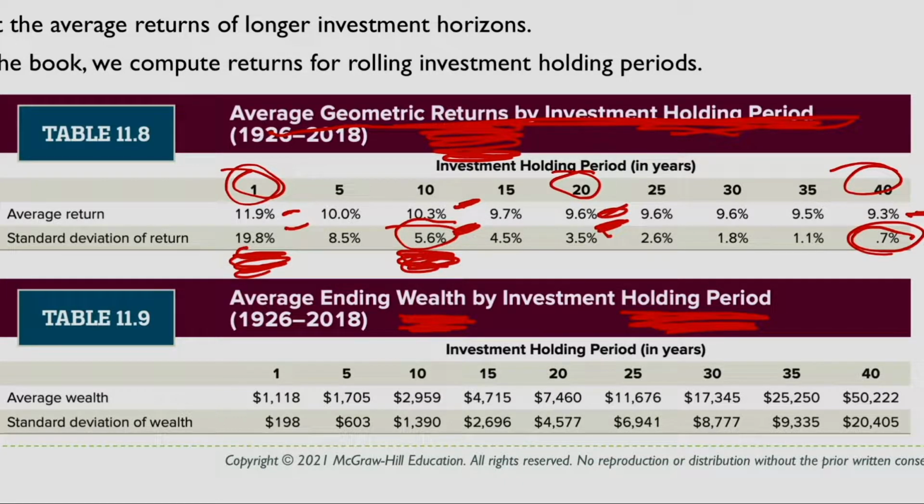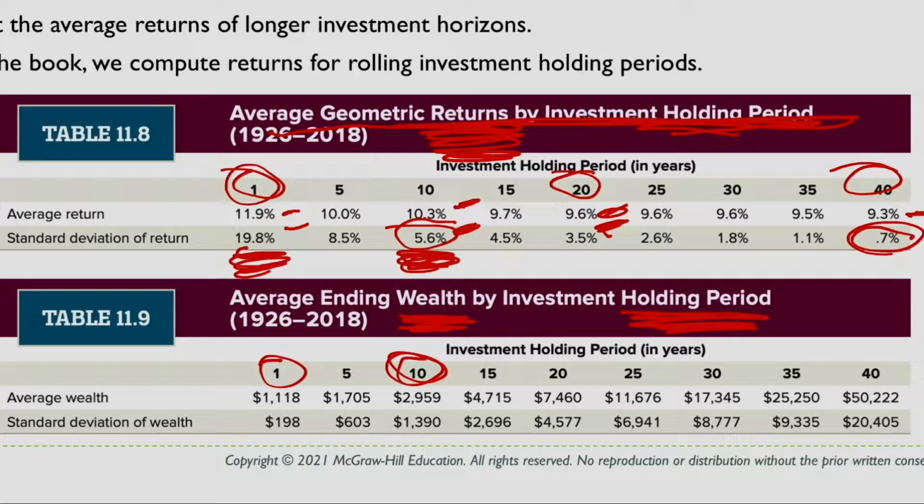How much will you have in retirement? So for 1 year, we start off and our wealth is relatively low because we've only had 1 year. So our average wealth is $1,000 and we have a standard deviation of wealth of a little over $200. We go up to that 10-year mark and we've got $3,000 of wealth, but